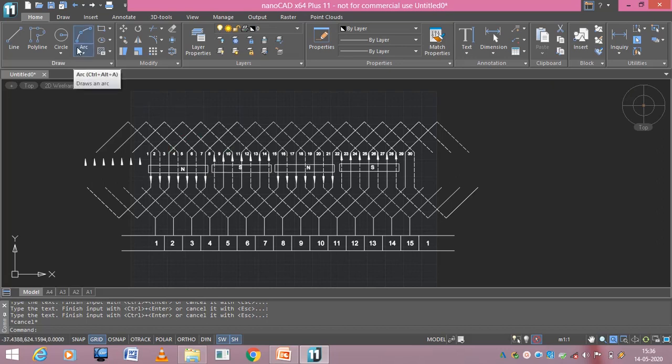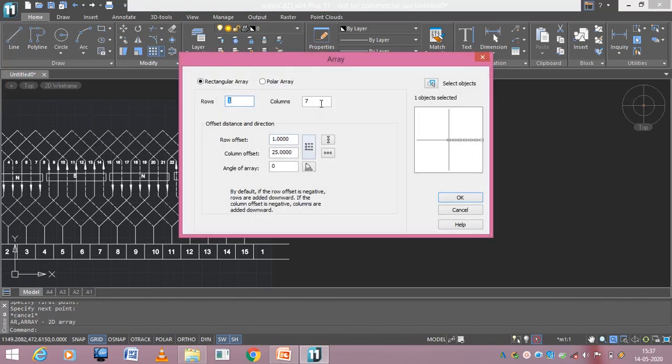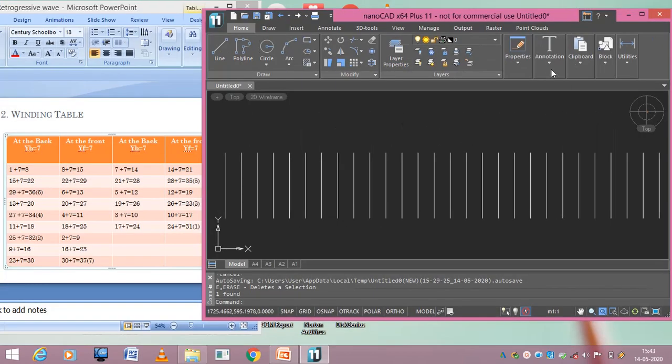That is the use of the sequence diagram. So let us discuss what actually the sequence diagram is. So here let me draw a vertical line, and go for array. How many conductors do we have? We'll be having 30 conductors, right? 30 and okay. Now let us name these conductors.